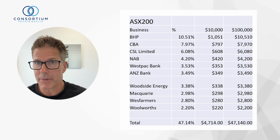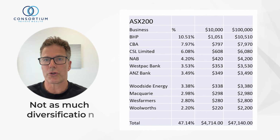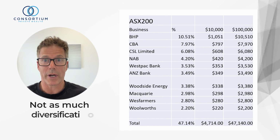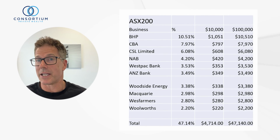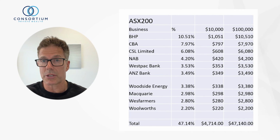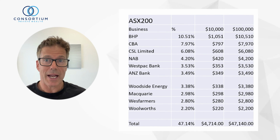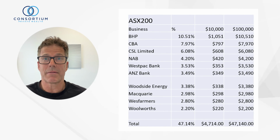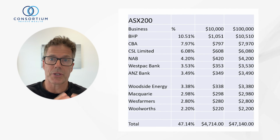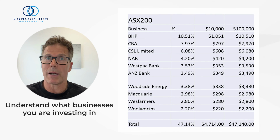So how much diversification do you get? Well, yeah, probably not as much as what you thought you would. And then if we compare that to the S&P 500, it's really devoid of tech, where the top 10 in the S&P 500, which is around 31% of that index, is mostly tech. So it's important to understand, what would you do with this information? Well, for me, it allows us to go and explore further. It allows us to understand where we're investing in, what businesses we own,